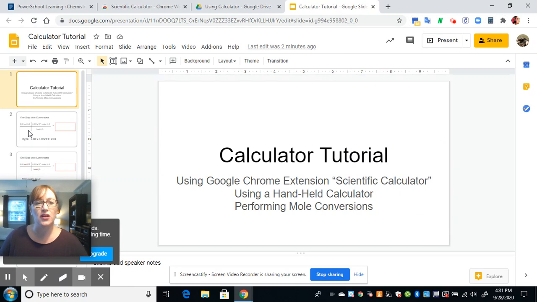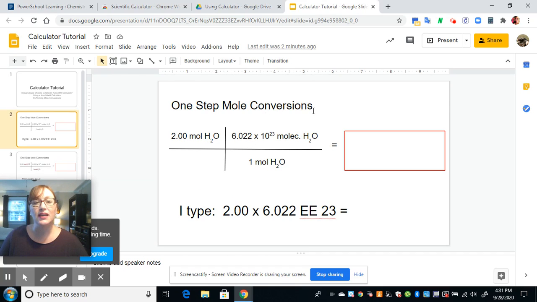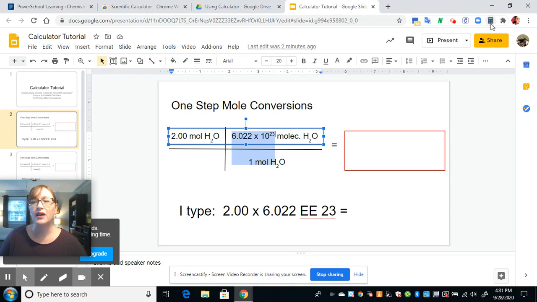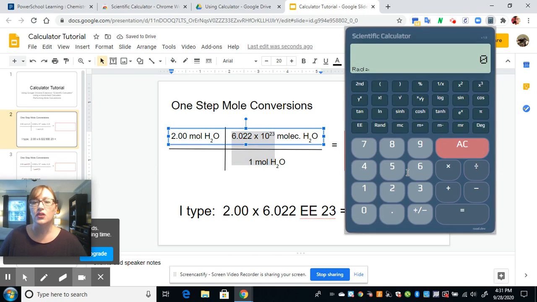So let's get started. 1-step mole conversions, you will see that you have a number like 2.000, and you need to either multiply it or divide it by another number, and this other number is in scientific notation. So let me show you how you would type that in your scientific calculator. First I'm going to type in my given quantity, which is 2.00. And then if it's on the top, you multiply. If it's on the bottom, you divide. So I'm going to multiply